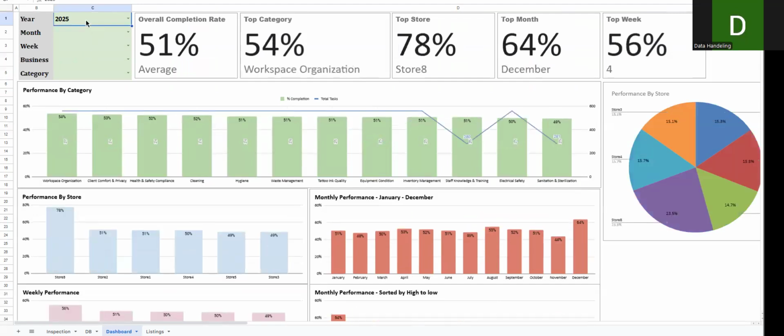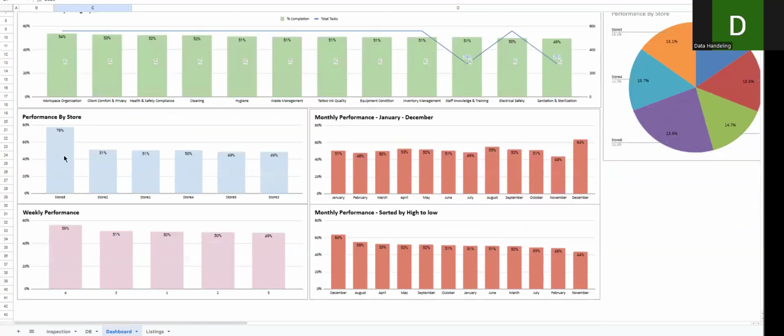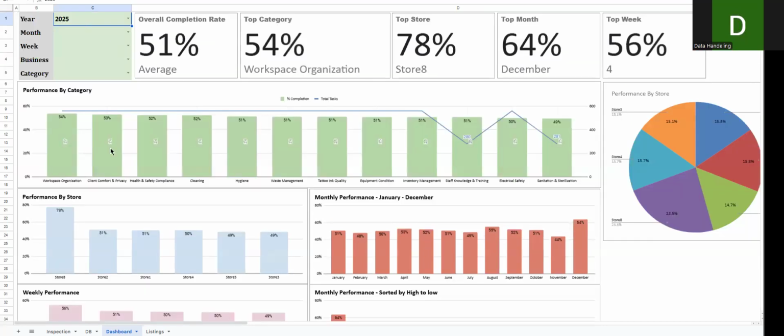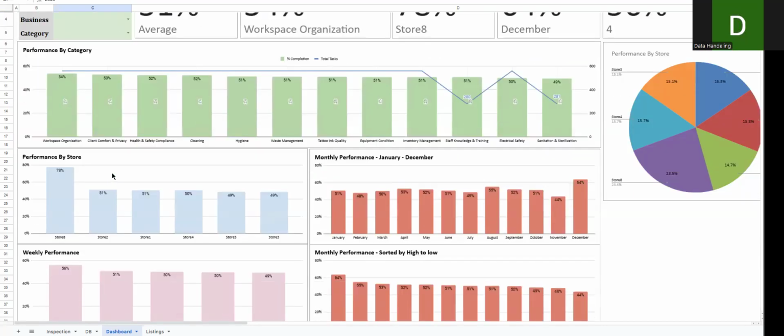So I just selected 2025 and kept all the other filters empty. So this is showing how the overall categories are performing all over 2025 for all the stores. Then, which store, you can see this is the performance by store. So you can see on the whole, in the whole of 2025, whatever data we have available in the database,